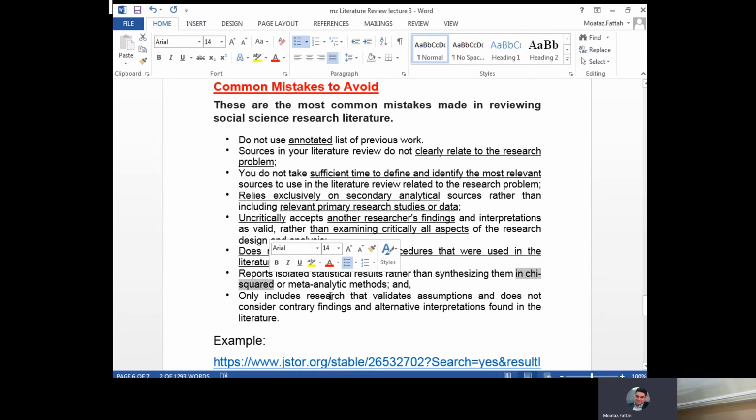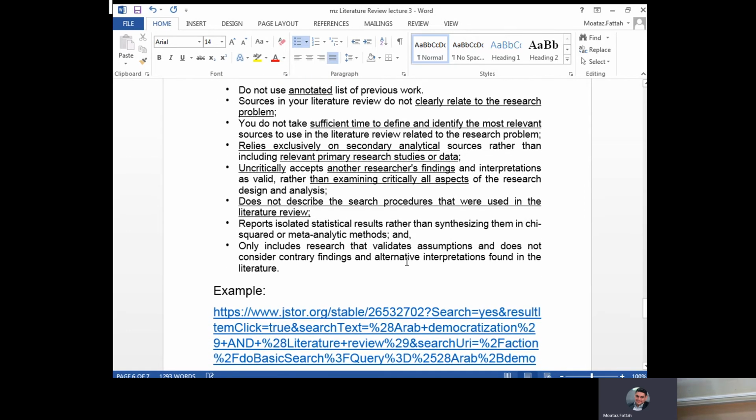Or this guy used Pearson correlation, while he should have been using Spearman correlation, and so on. You might suggest a different technique. You see, I need to see somebody using logit or probit, not OLS regression, and so on. So if you're doing quantitative research, you might also critique the technique used in quantitative research